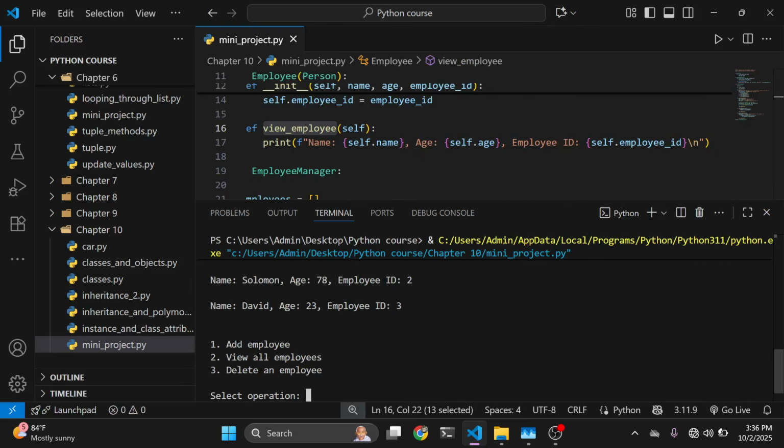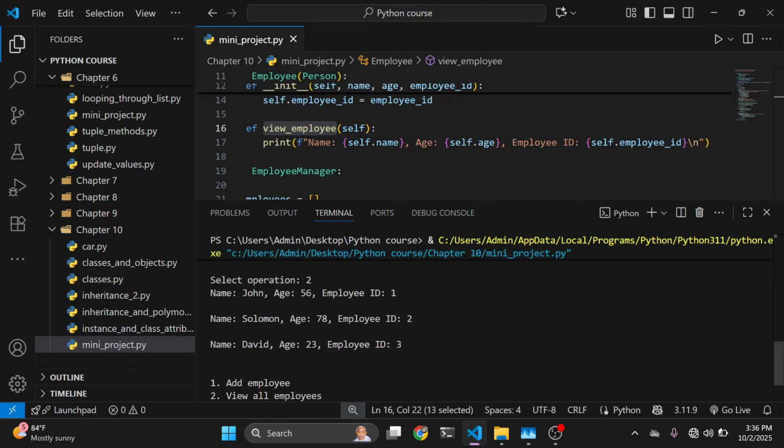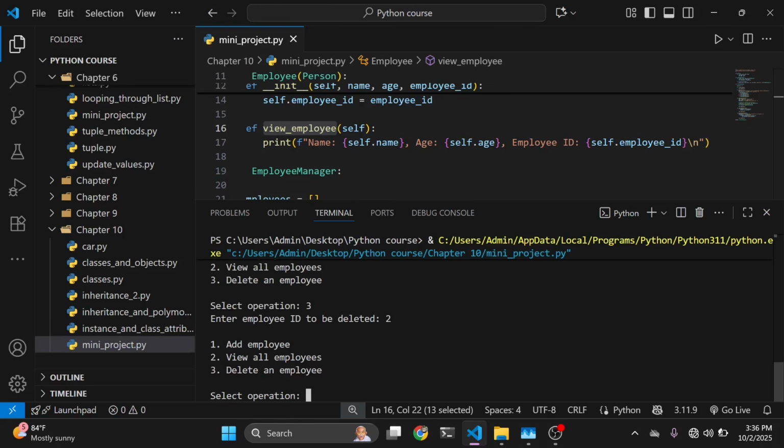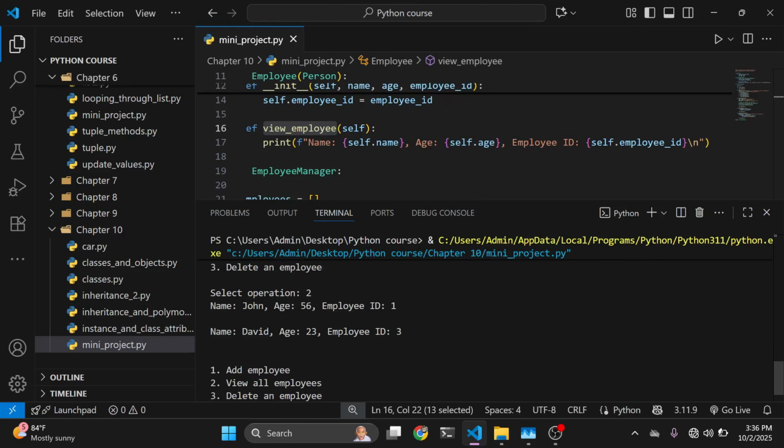Now let's say, for example, we wanted to delete the second employee, which has an ID of 2. I'm just going to enter 3 to delete an employee. Now we're going to enter 2 because we want to delete the second employee. When I press enter, it asks us to select the option we wish to perform. Let's just say 2 because we want to view all employees. Now, the moment I press enter and go up, you can see that we can only see 2 employees